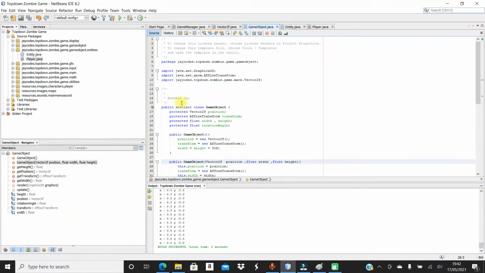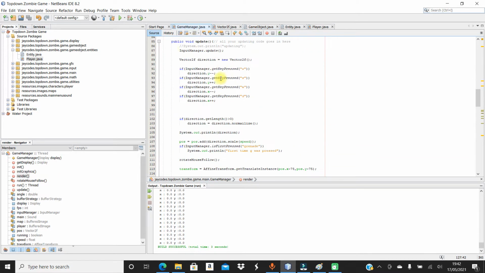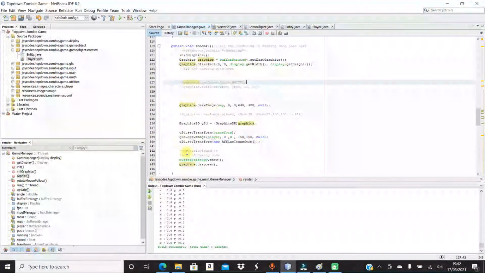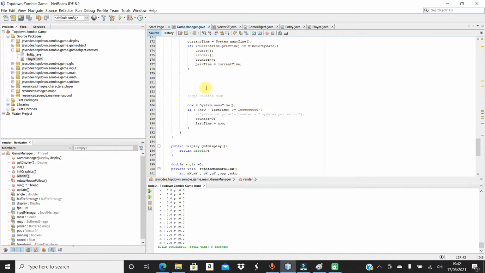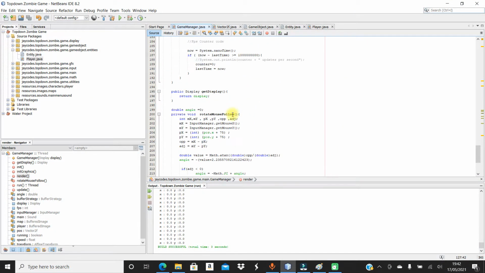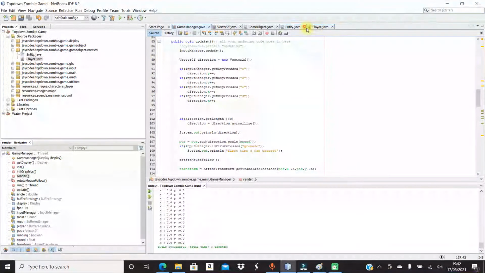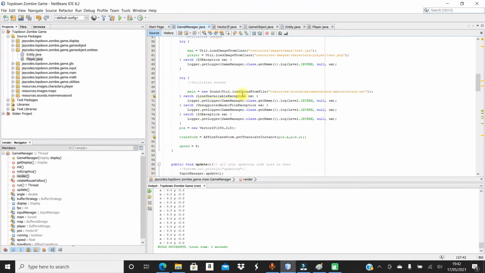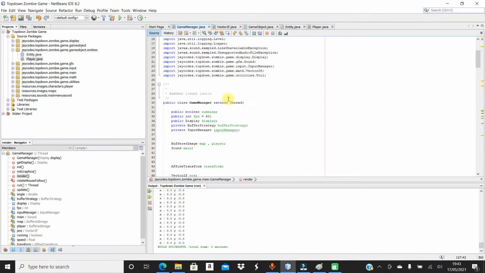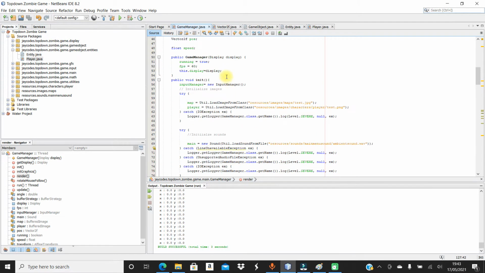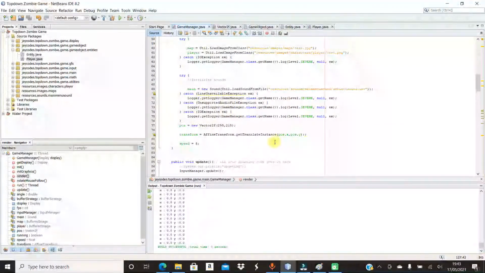So yes guys, today we're simply going to be refactoring code, moving all this stuff from the game manager and placing all the code that belongs to the player inside the player class. So let's get started with this. Now the first thing we want to move is